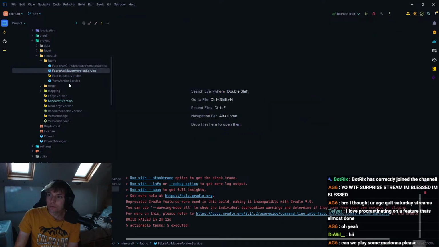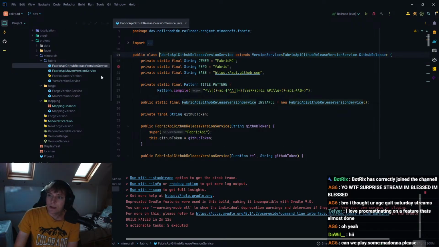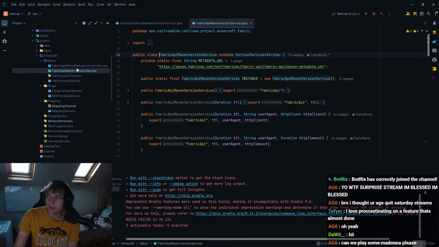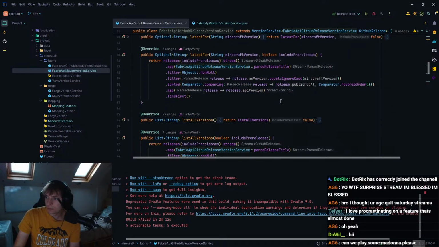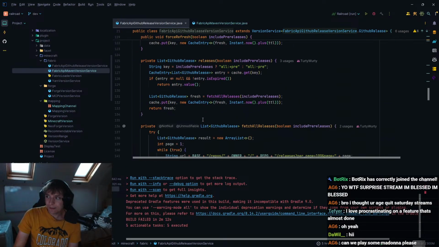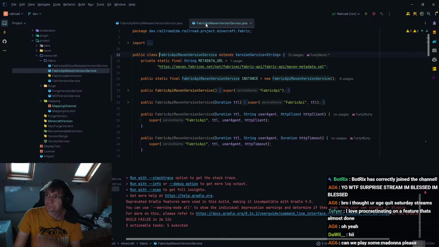So, okay, to retrieve kind of some things, I have a couple different options. So I decided for the Fabric API to have two different options. One is to use GitHub releases, and the other is to use the Maven. Now, the issue with GitHub releases is that it maxes out at 1,000. So realistically, this isn't very useful, which is why I'm not using it.